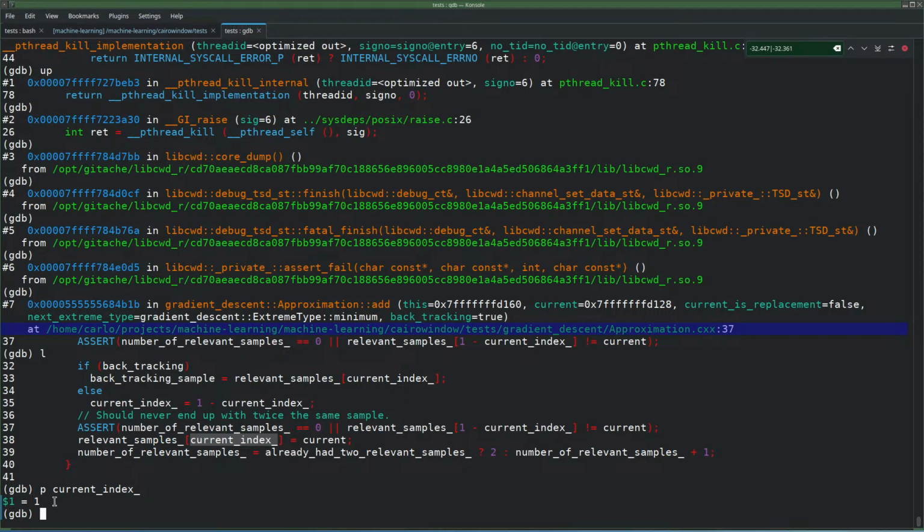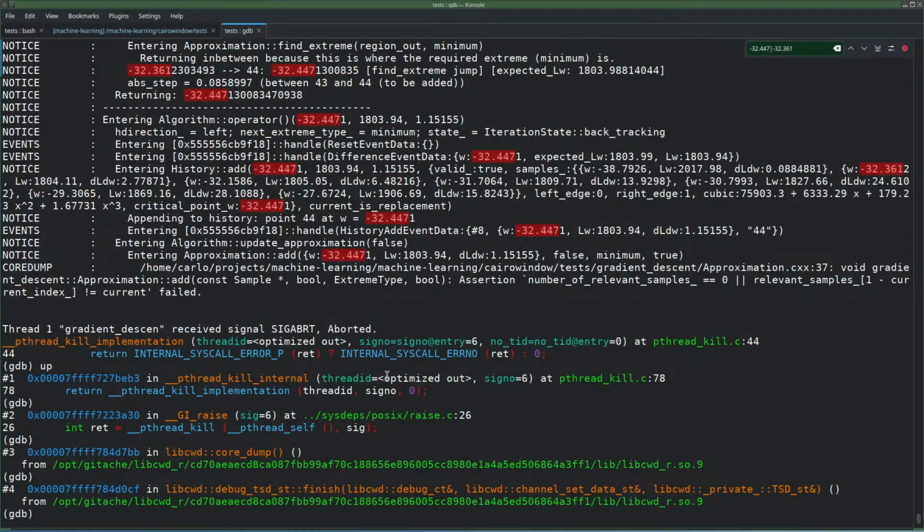So current index is still 1. And that's the one that should be replaced, in my opinion. I have no idea what's going on. So previously we had